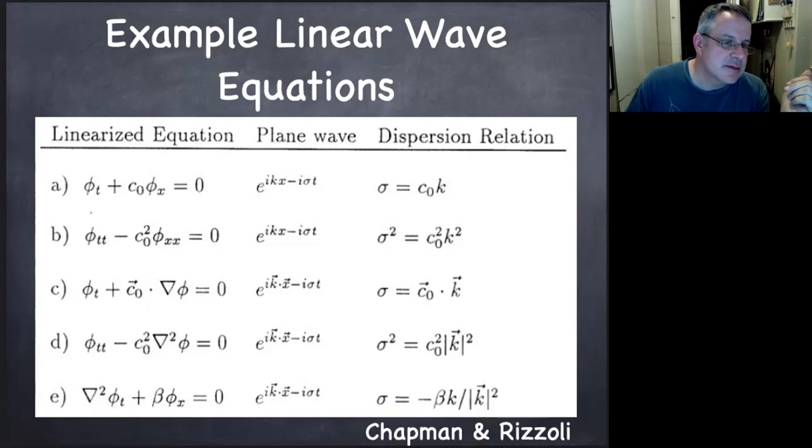magnitudes like this. And then here is a really weird one where we have a Laplacian of the time derivative of this one plus beta, our good old friend beta from the beta plane, the meridional gradient, times phi x. This one turns out to be the equation for a Rossby wave, which is something we're going to talk more about, and it has a very odd property that its phase only propagates westward. So this is going to be a whole mess that we'll keep thinking